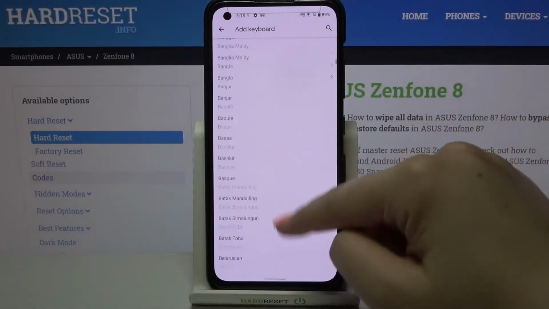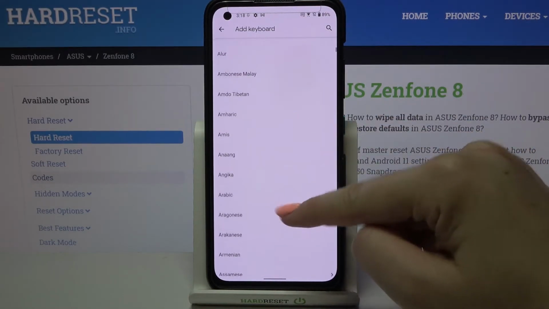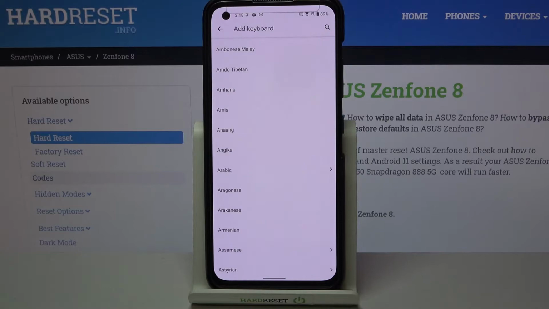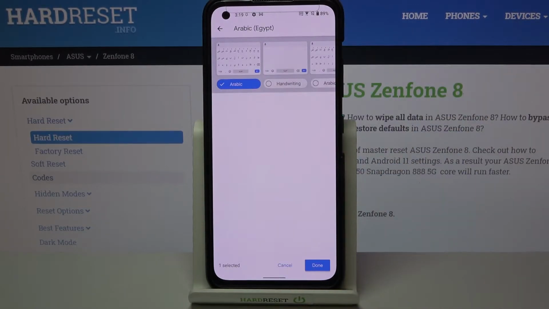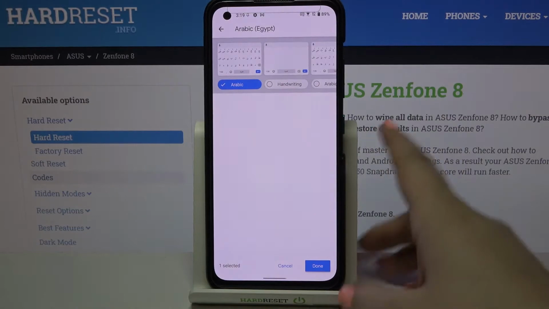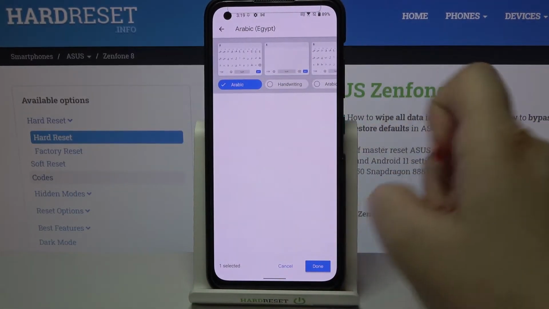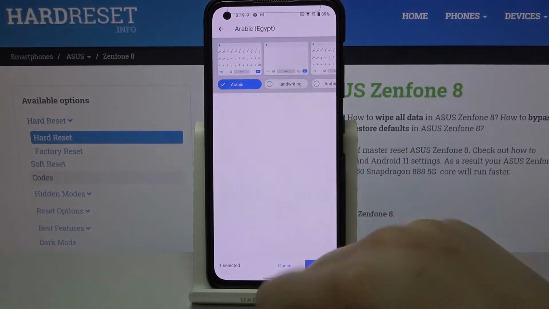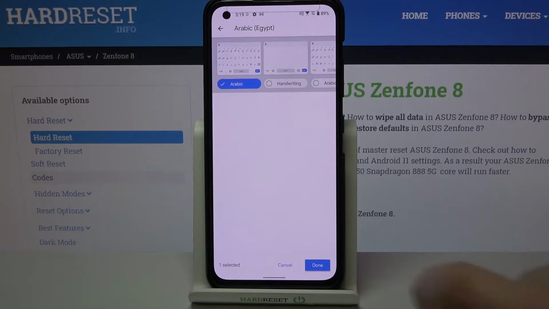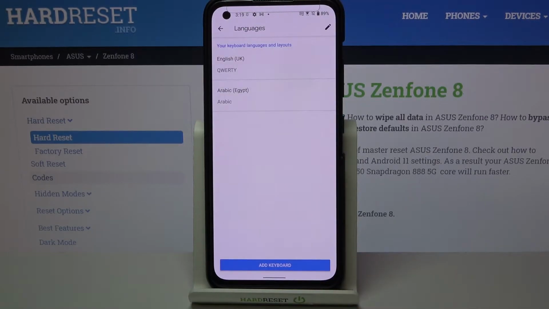So find the language you would like to apply. I will pick something like Arabic because it is a graphical one and you will see the difference. So here we've got Arabic, just tap on it, and as you can see, in my case the Arabic had this small arrow and it means that here we are also able to choose the region. So the same situation, just tap on the region you would like to set. Here we've got the keyboard option, so we've got the handwriting, here we've got the second option of Arabic one. So just take it, mark it if you want to apply the handwriting. I don't want to, so let me tap on done,